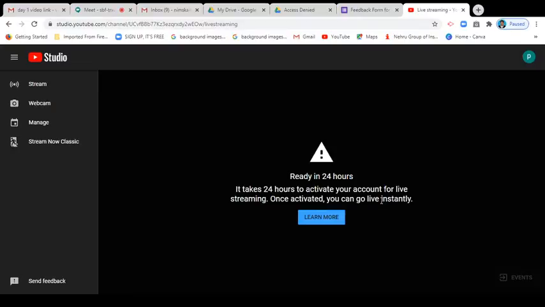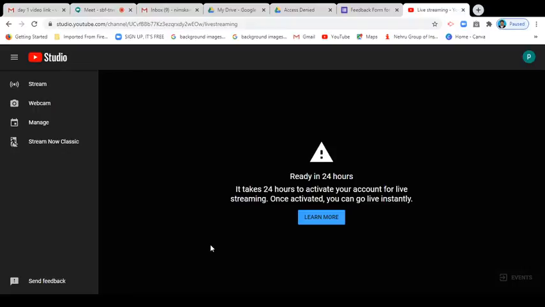Automatically you receive the pin. After you enter the pin, this message will appear: it takes 24 hours to activate your account for live streaming. Once activated, you can go live instantly. Okay, so that's all, it's enough. And tomorrow we will see how the channel is activated and how we can go for the streaming.